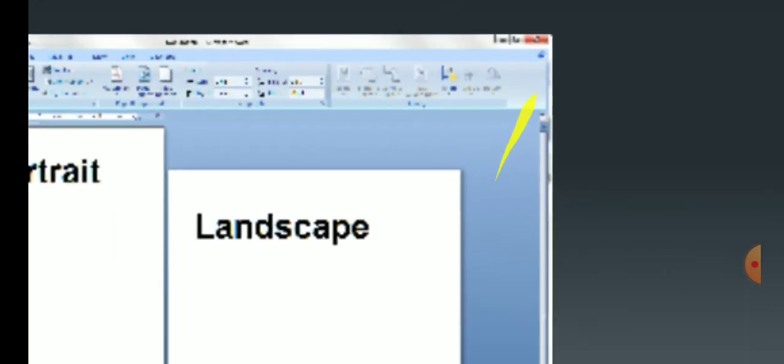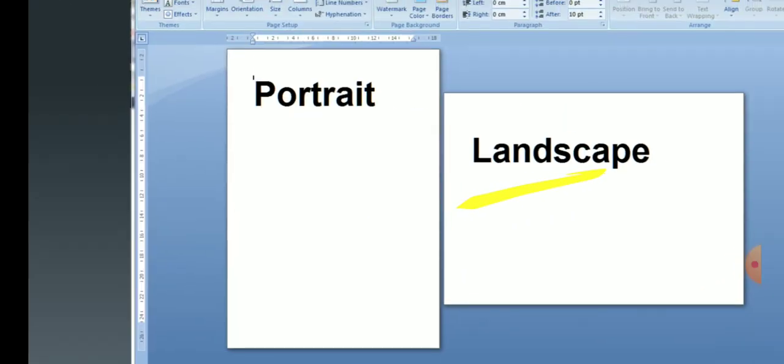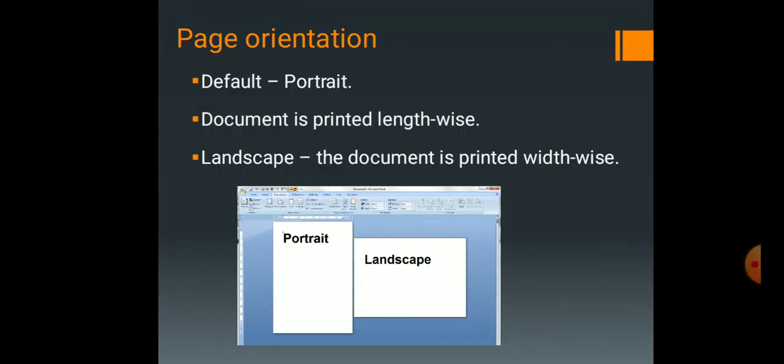Can you see the difference, children? Portrait means it is seen lengthwise, and landscape means it is given widthwise. Width means this side, the breadth side. So in this way you can define your page orientation. Either you can take the printout in the portrait mode or in the landscape mode.